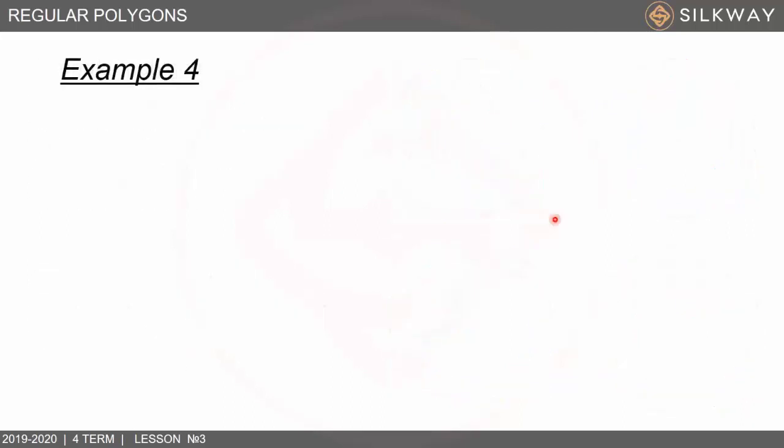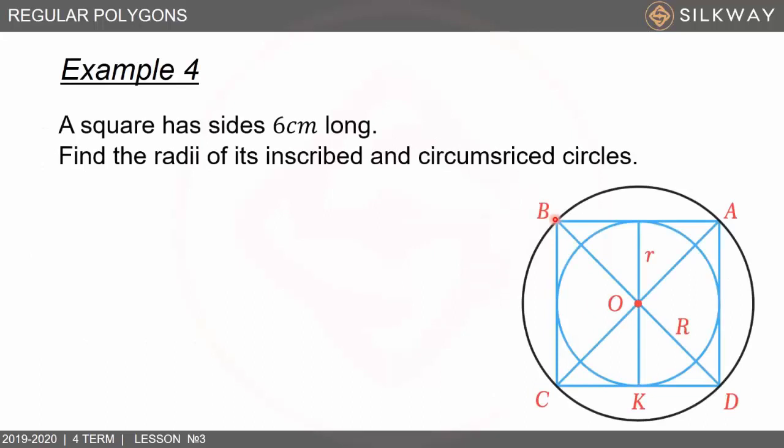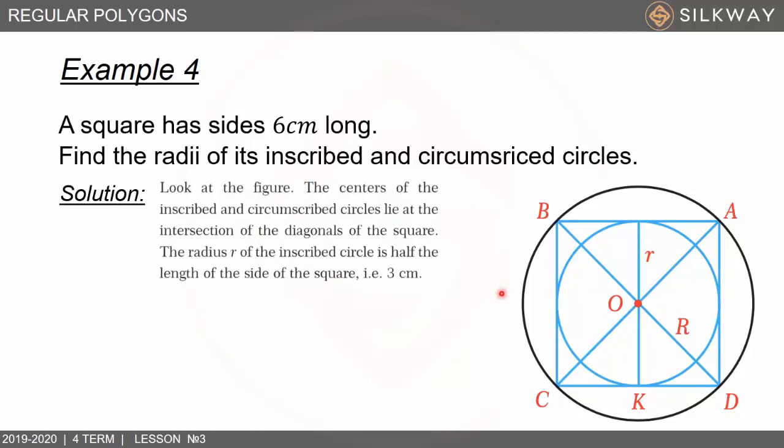Okay, next. Example number 4. A square has sides 6 cm long. Find the radii of its inscribed and circumscribed circles. Look at the solution. The centers of the inscribed and circumscribed circles lie at the intersection of the diagonals of the